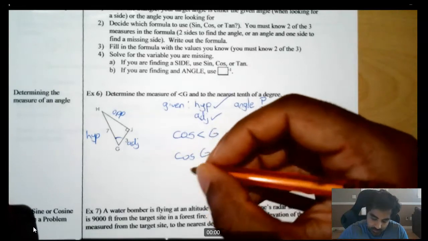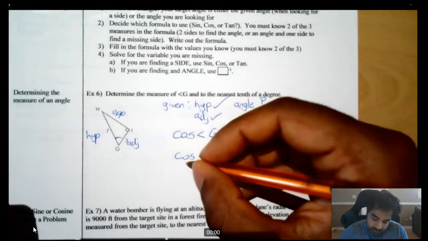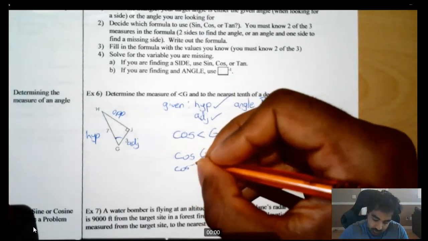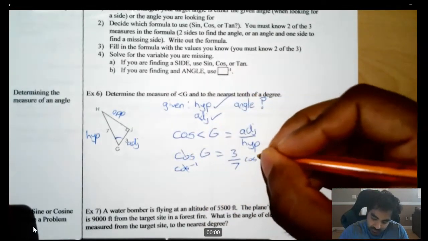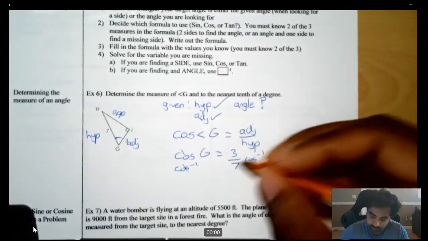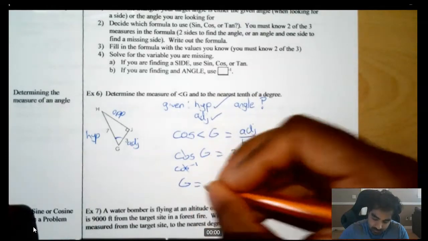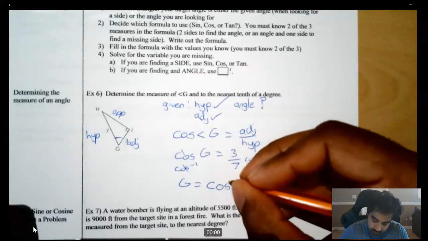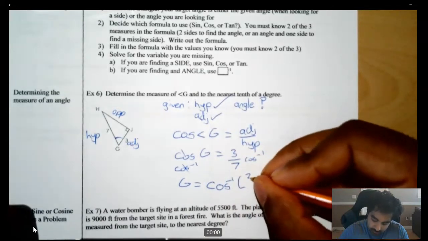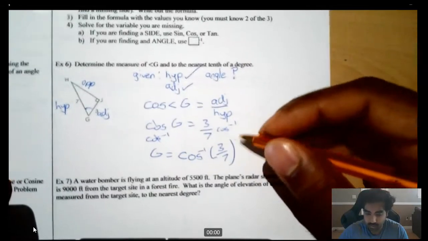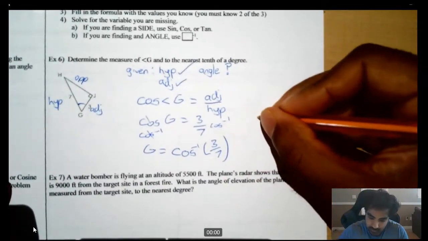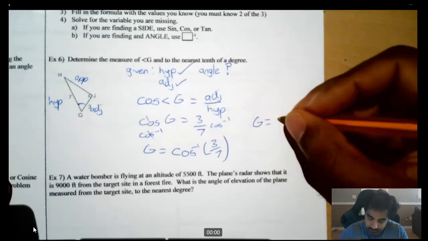We need to do the opposite of this cos function, which is arc cos. So cos⁻¹, these cross out, and then you're going to do cos⁻¹ on this side, right? So I'll rewrite that. G is equal to arc cos, bracket 3 over 7. And then you're just going to type this into your calculator. And in your calculator, you should get G is equal to